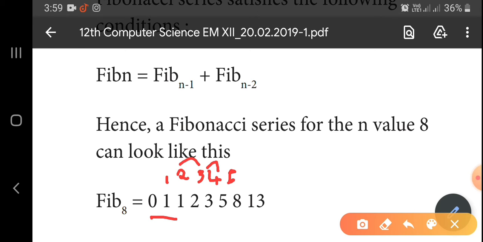Like that we can add, we get the value for these numbers. Okay, is it clear? So fib of 8, if we need fib of 8, it means we must add fib of 7 and fib of 6. Okay, so for that we can get the value for fib of 8. That is, we just add the previous two numbers for each and every stage. Okay, so 0, 1, 2, 3, 4, 5, 6, 7, 8. Okay, we get the values like this.